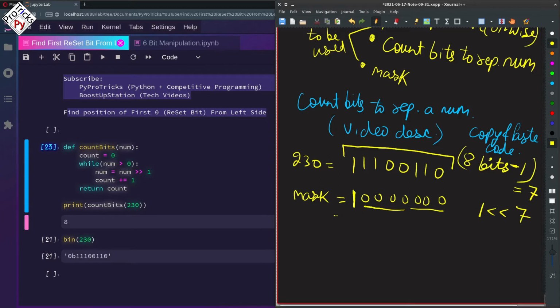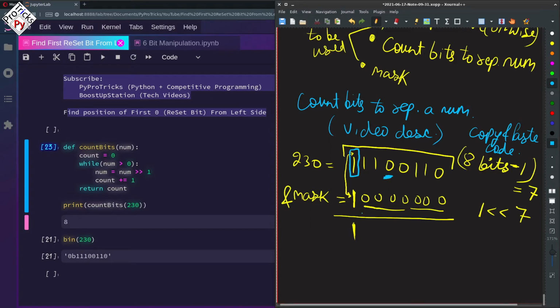So this is the mask we are going to use, and now we do an AND operation with it, and the result comes out to be 1 here, because both bits are 1. So that is why we are getting the answer as 1, which means that the leftmost bit is 1, which is not our answer. We want to get to this 0, right?